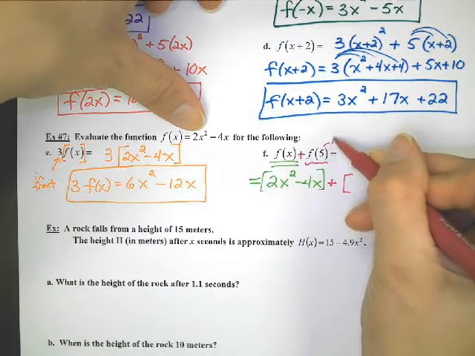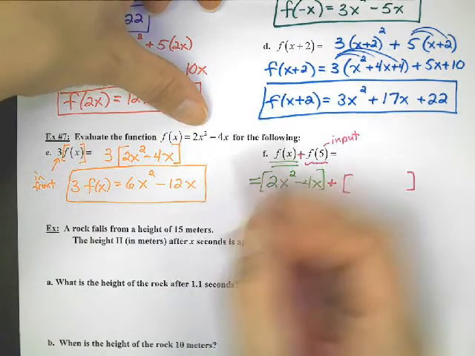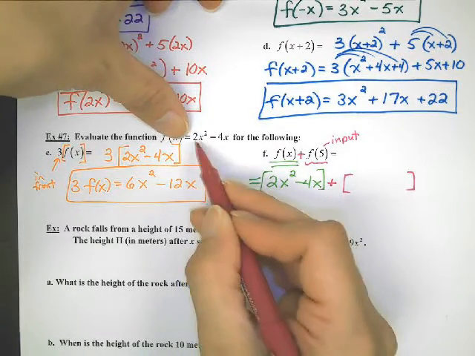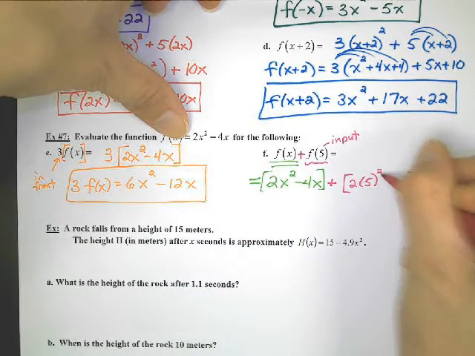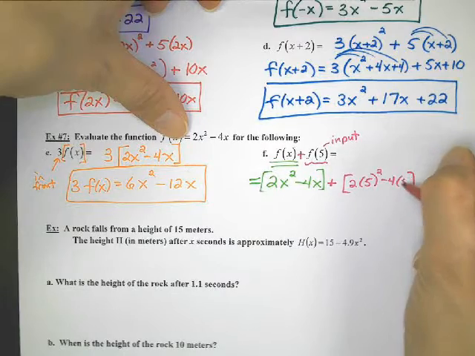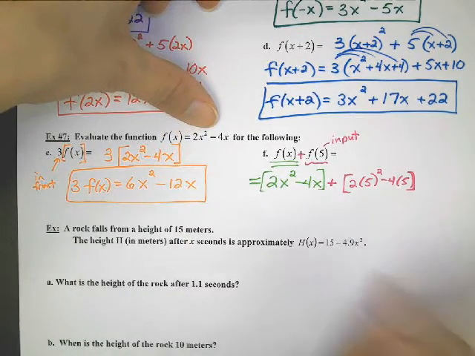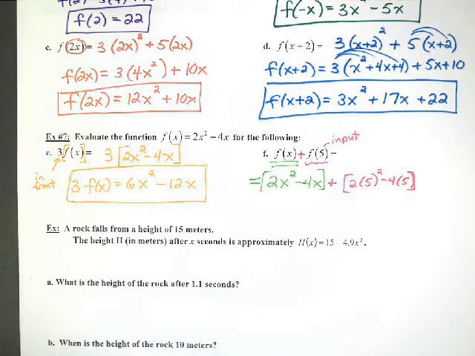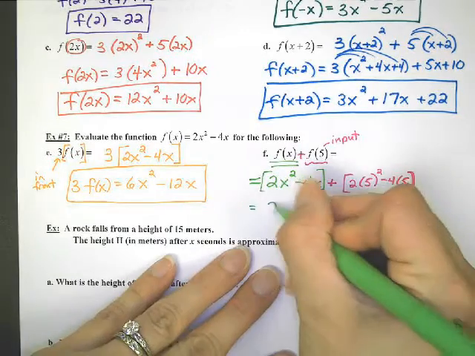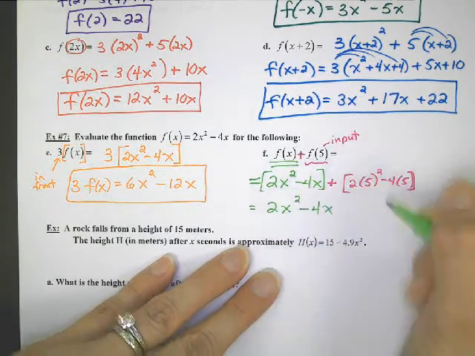5, okay, is the input. That number has to go into f. So if I put 5 into f, I need to do 2 times 5 squared minus 4 times 5. When you plug a number into a function, you're going to get a number. But this wasn't a function. That was just f of x with x's. Okay, so this is going to be 2x squared minus 4x